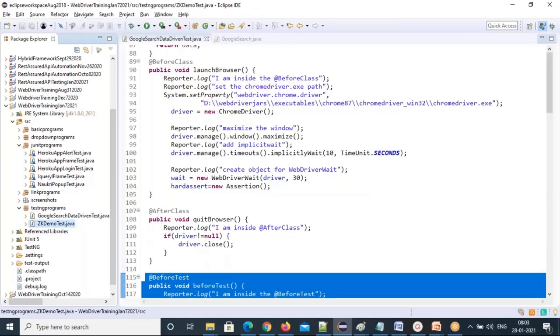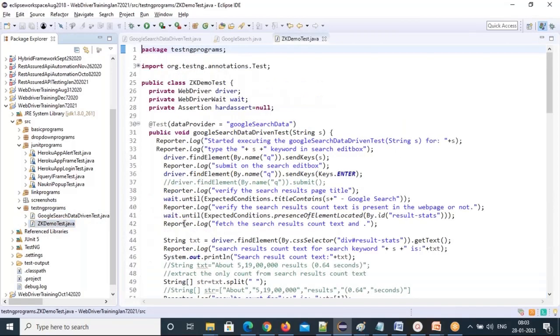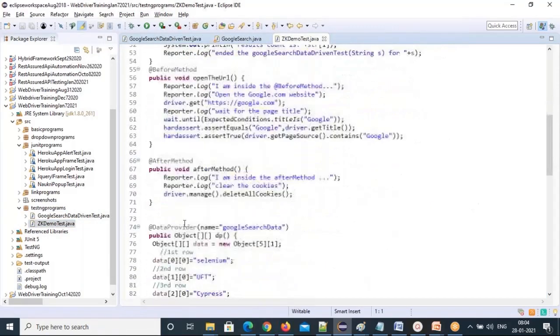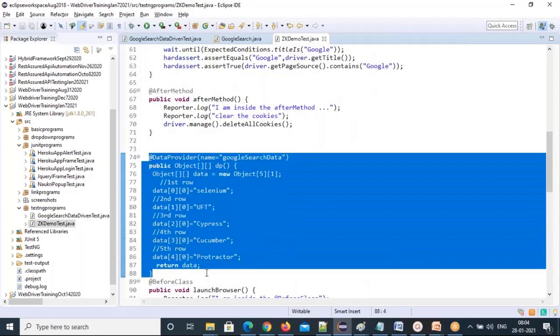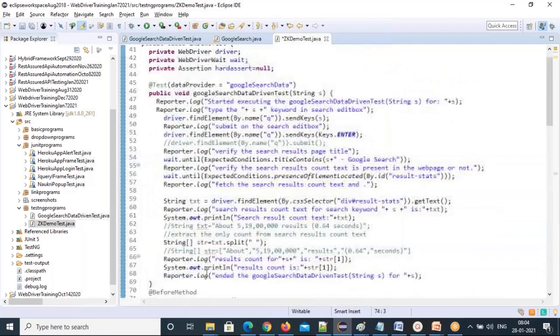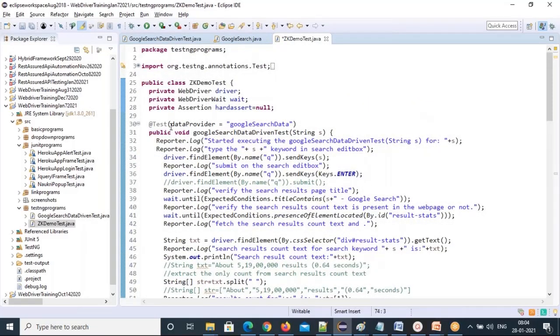Select that class. Remove all the unnecessary things. I don't need a data provider, so just remove this. You don't need these keywords, but I'll use a different keyword.